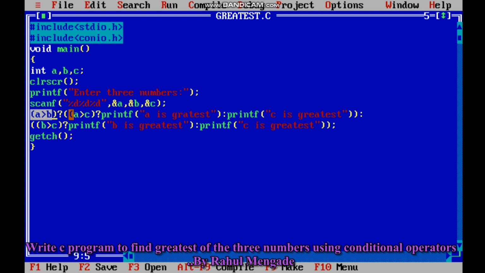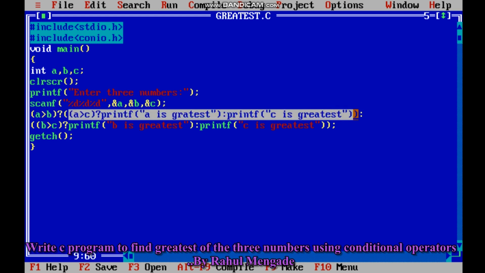The syntax is like that: expression 1, then question mark, then expression 2, colon, and then expression 3. If expression 1 is true, then expression 2 is executed, and if it is false, then the last expression, expression 3, is executed.